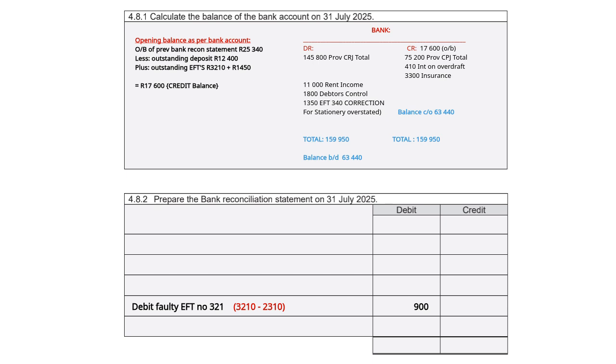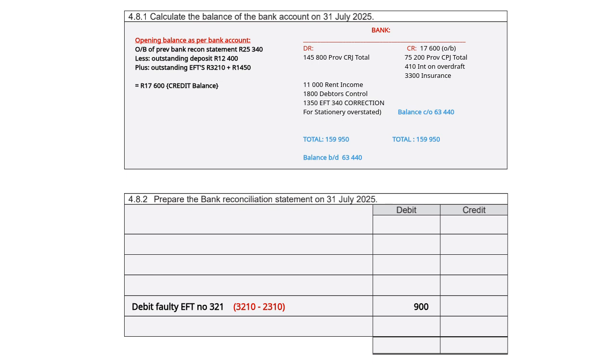But however, the error did take place in the journal. It was for an expense that we had to pay for stationery. Instead of paying 5,700 Rand, we paid way over, we paid 7,050. So we paid too much. So in other words, we have to rectify that error in the debit side of our bank using our cash